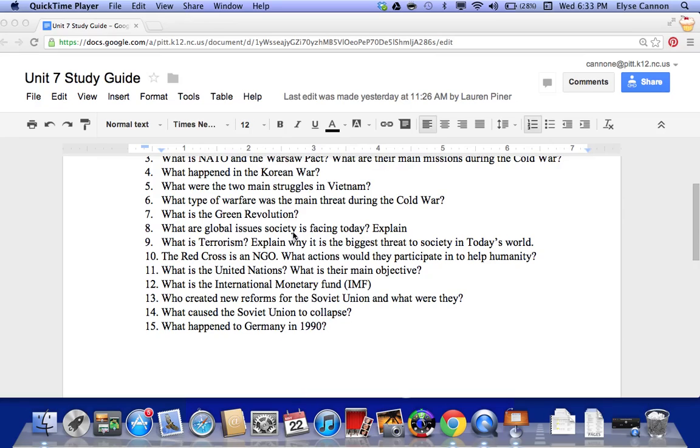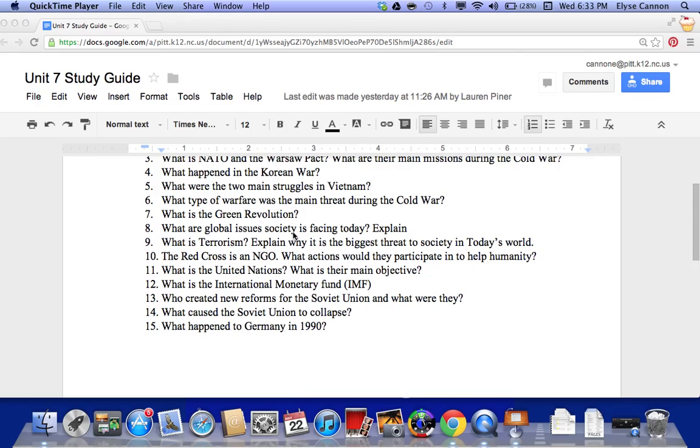When we talk about number 13, who created new reforms in the Soviet Union and what were they? You have Gorbachev. Remember the guy we showed you that had the big birthmark on his forehead? Gorbachev is going to take over the Soviet Union in 1985. He will have two concepts, glasnost and perestroika, which glasnost means economic reform. So what he tries to do is change the economy to benefit the people of the Soviet Union, and he's